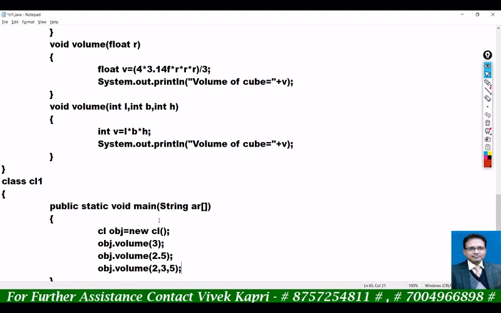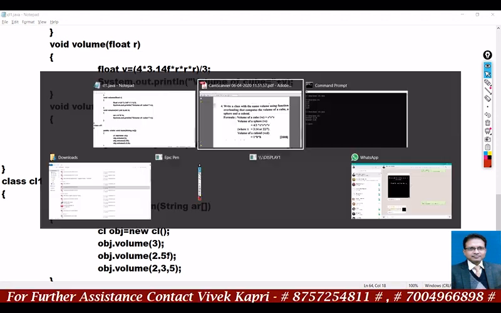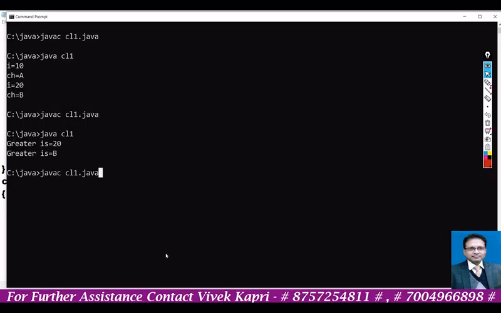Okay, now call all three. Here you will have to use 2.5f as float has been given here. Compile.